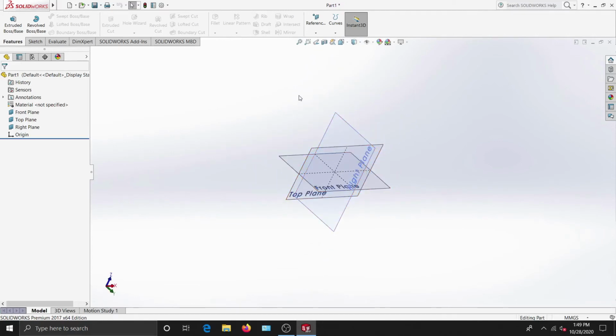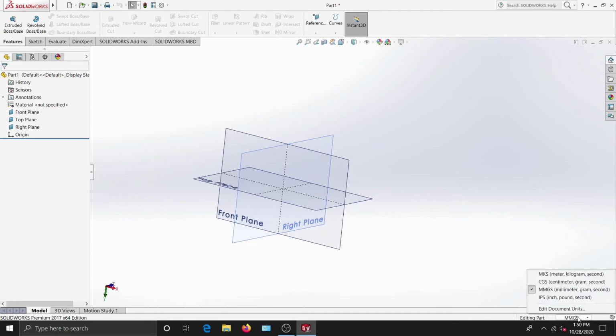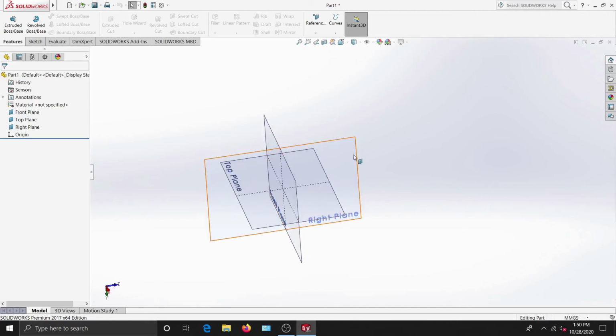Okay, so also one thing I like to talk about is this. Over here as you can see, I got some units. So these units are nothing but the units which we will be using for modeling things in here. As you can see, I have set my unit to millimeter, grams and seconds. You can set any kind of units you want. So as you can see, we got inch, millimeters, centimeter and meters. So depending on your choice and your favorable conditions or your design, you can change them anytime you want in your design.